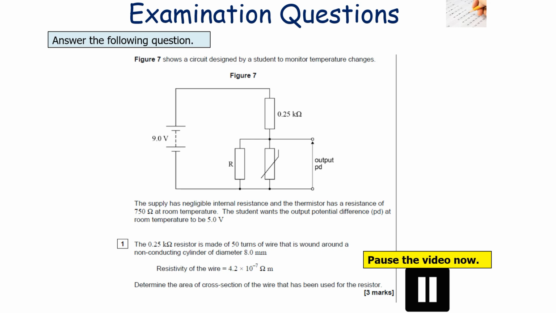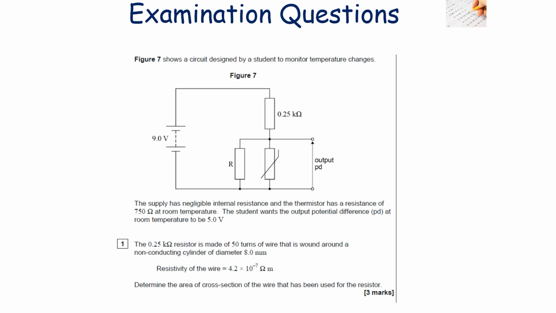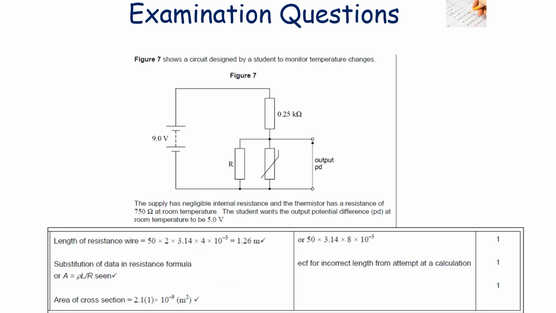Well, for this one, because we're trying to work out the area of the cross-sectional wire, the first thing we need to know is we're going to be using the equation that rho is equal to RA over L. But what we want to do is rearrange it to make A the subject. So A is therefore equal to rho L over R, but you're not actually given L in the question yet,